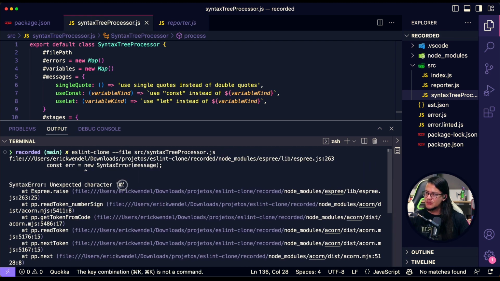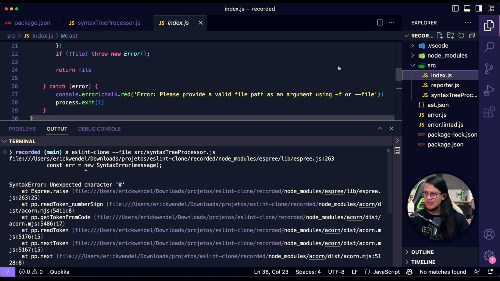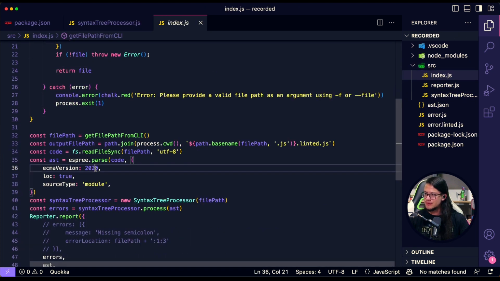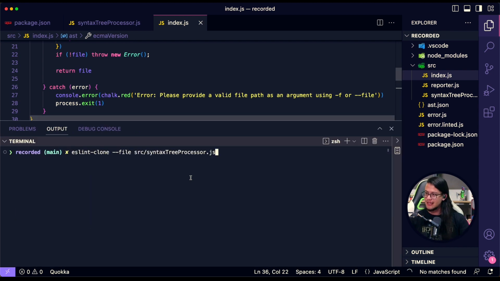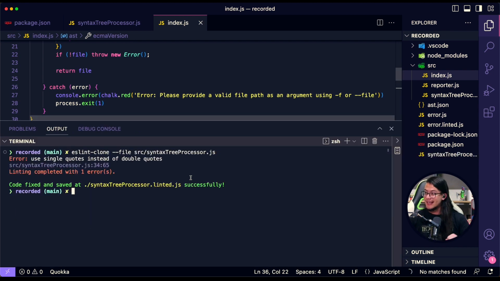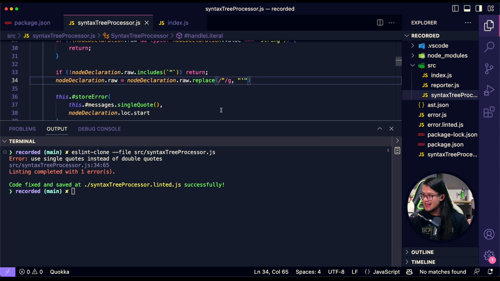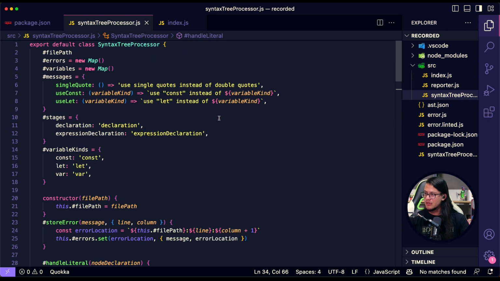So we can see the hashbang is not working for private functions, right? But it seems on the index.js file I put 2020. It's 2022, the ECMAScript version. Let's check if this is gonna work. Nice. So it's working. I can see I would use single quotes instead of double quotes, but I wanna stress